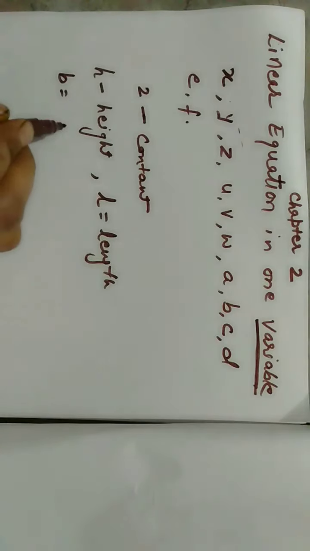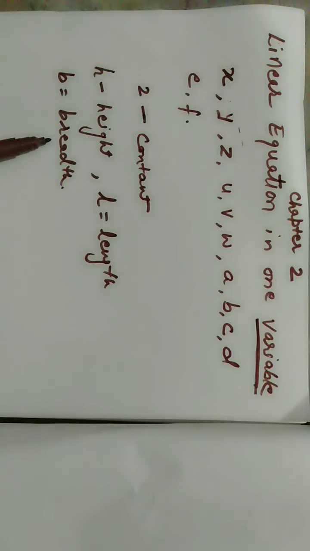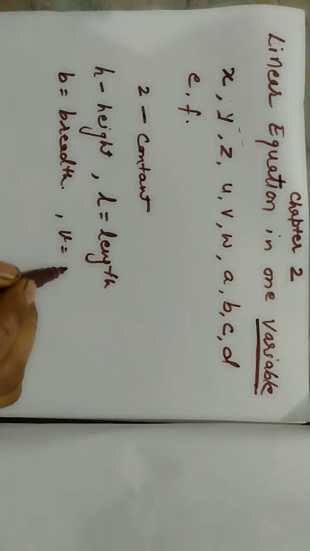B is representing breadth or the width. So these are some of the variables which are representing particular values. H is representing height, L is representing length, B is representing breadth, V is representing volume,